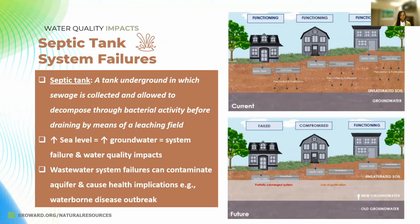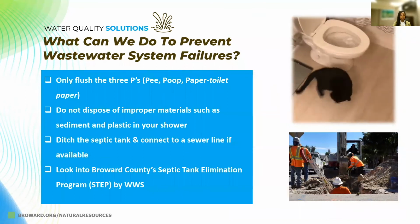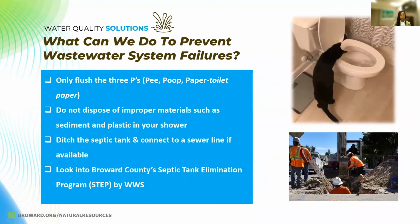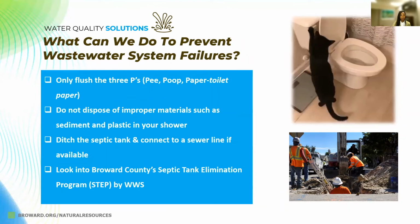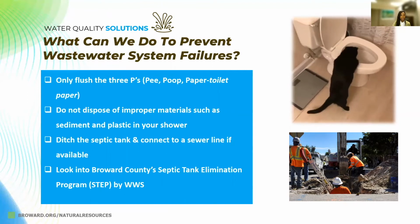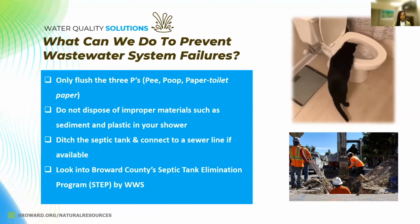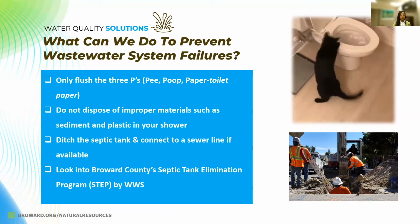This can have several health implications, one of the more severe being a waterborne disease outbreak. As a resident, there's a lot you can do to discourage wastewater system failures in the face of these climate challenges. First, ensure that you are not disposing of the wrong materials down your toilet, shower drains, and kitchen sink. Materials such as sediments and plastics can overwhelm the system and lead to clogs or blockages that prevent the wastewater